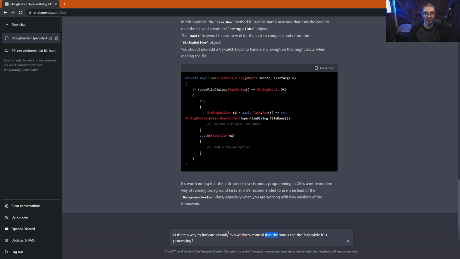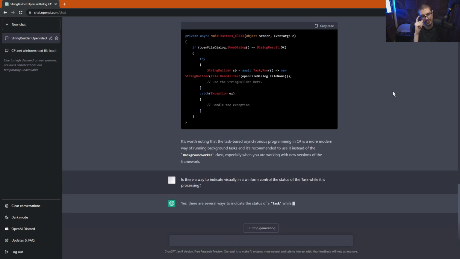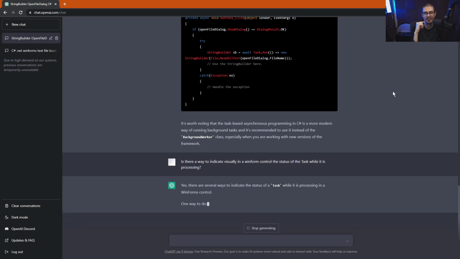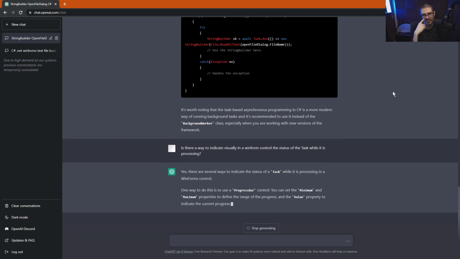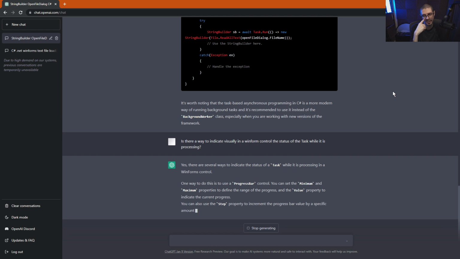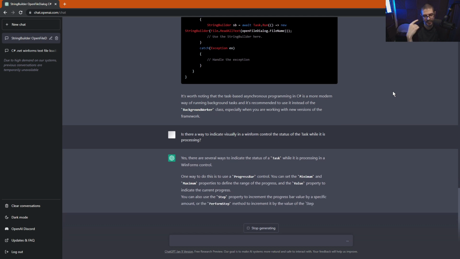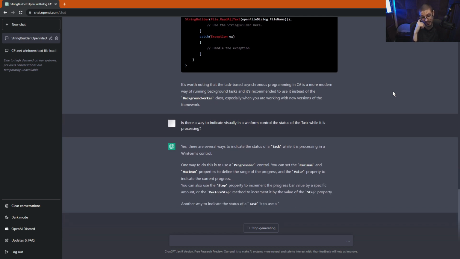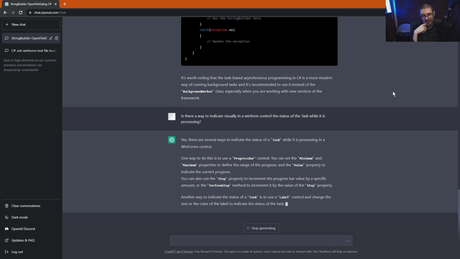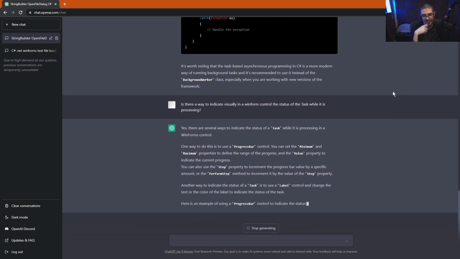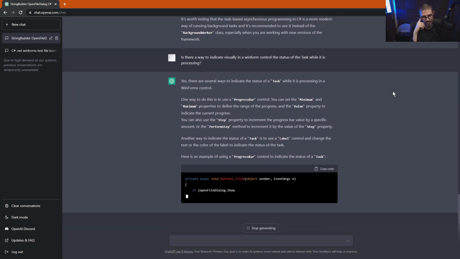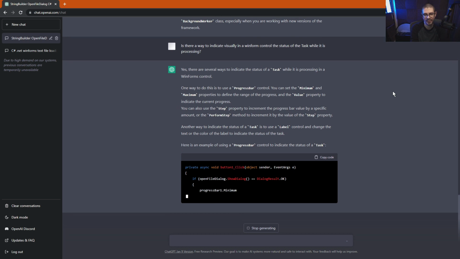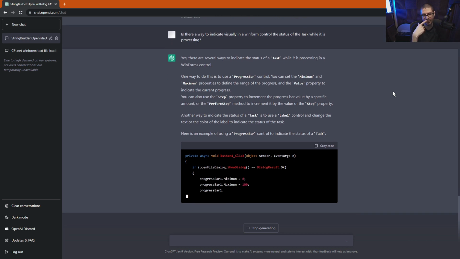Is there a way to indicate visually in a WinForm control the status? Yes, there are several ways to indicate the status of a task while it's processing in a WinForm control. One way to do that is using a progress bar control. You can set the minimum and the maximum properties to define the range of the progress, and the value property to indicate the current progress. You can also use a step property to increment the progress bar value a specific amount, or the perform step